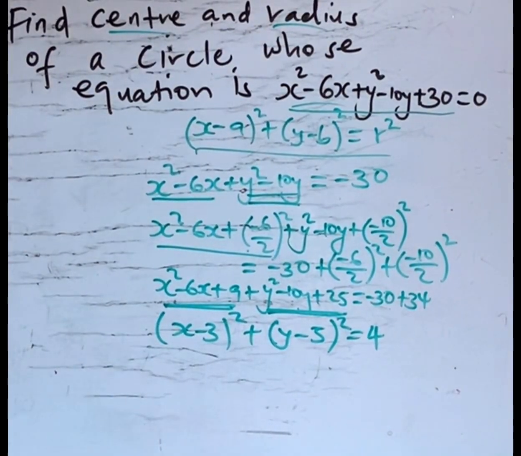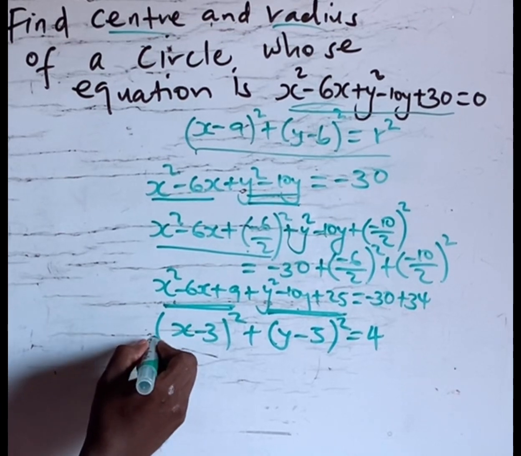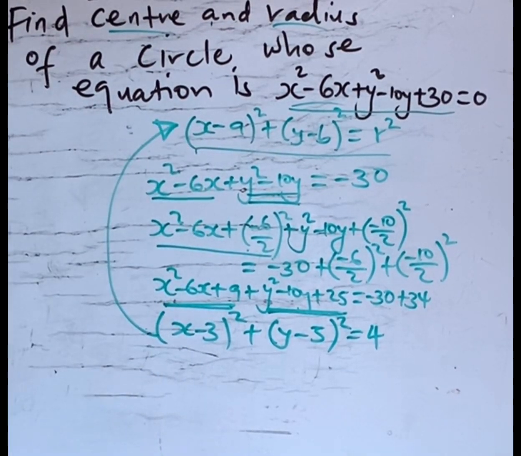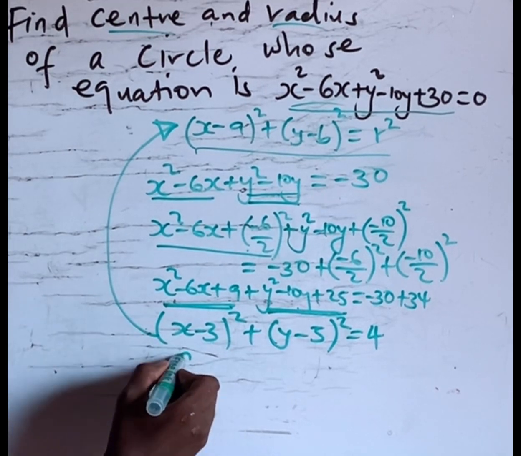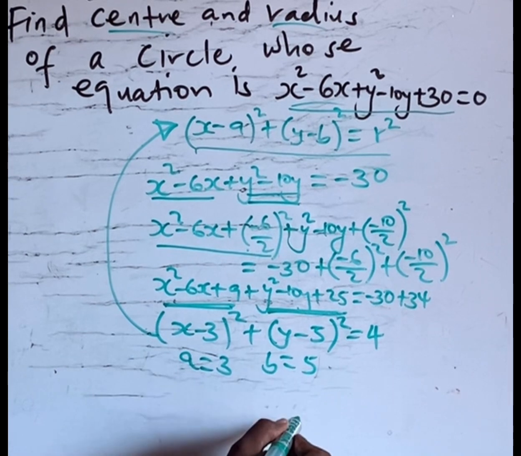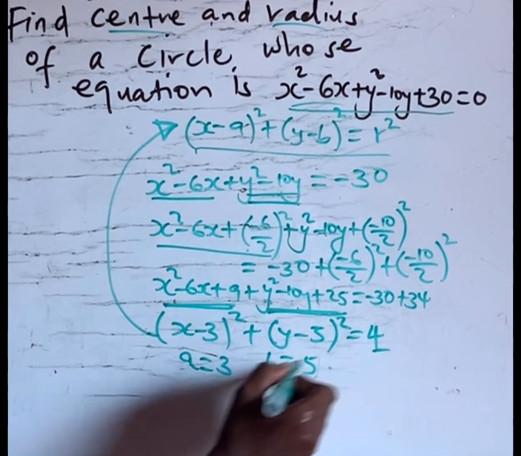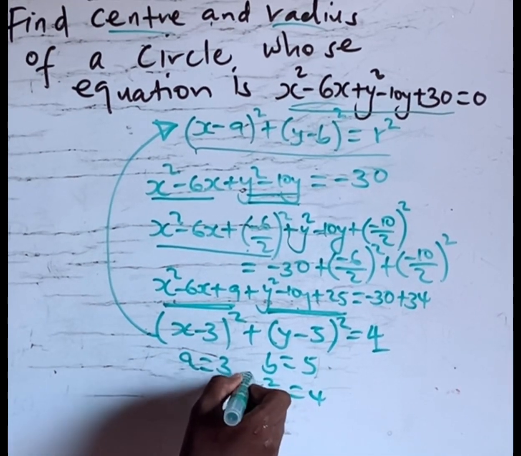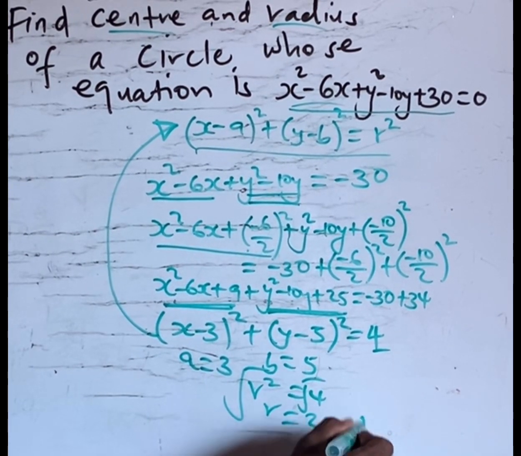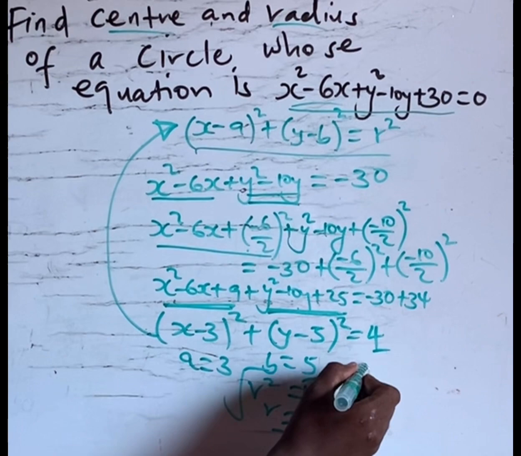Finally, you can notice that our new equation is similar to the standard equation of a circle. So we can find our a, which is 3, and our b, which is 5. And r^2 equals 4. Finding the square root on both sides, r will be 2 units. And the center of the circle is 3